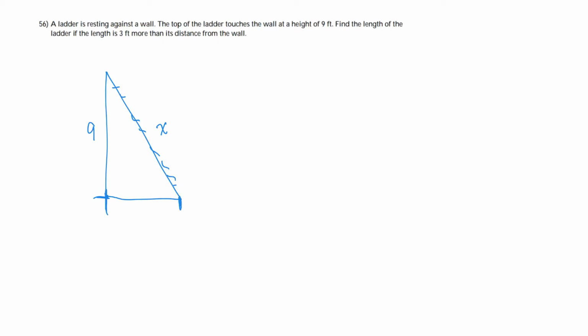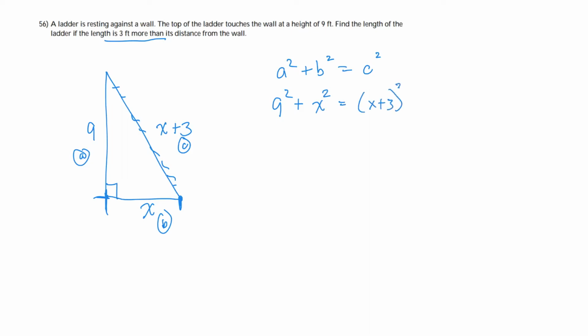So if the distance from the wall to the base of the ladder is x, then the length of the ladder has to be x plus 3, 3 feet more. I assume it's a square angle there, and so I can use Pythagoras. a squared plus b squared equals c squared. Let's call this a and this b, and that's my hypotenuse. So 9 squared plus x squared is equal to x plus 3 squared. 81 plus x squared equals,